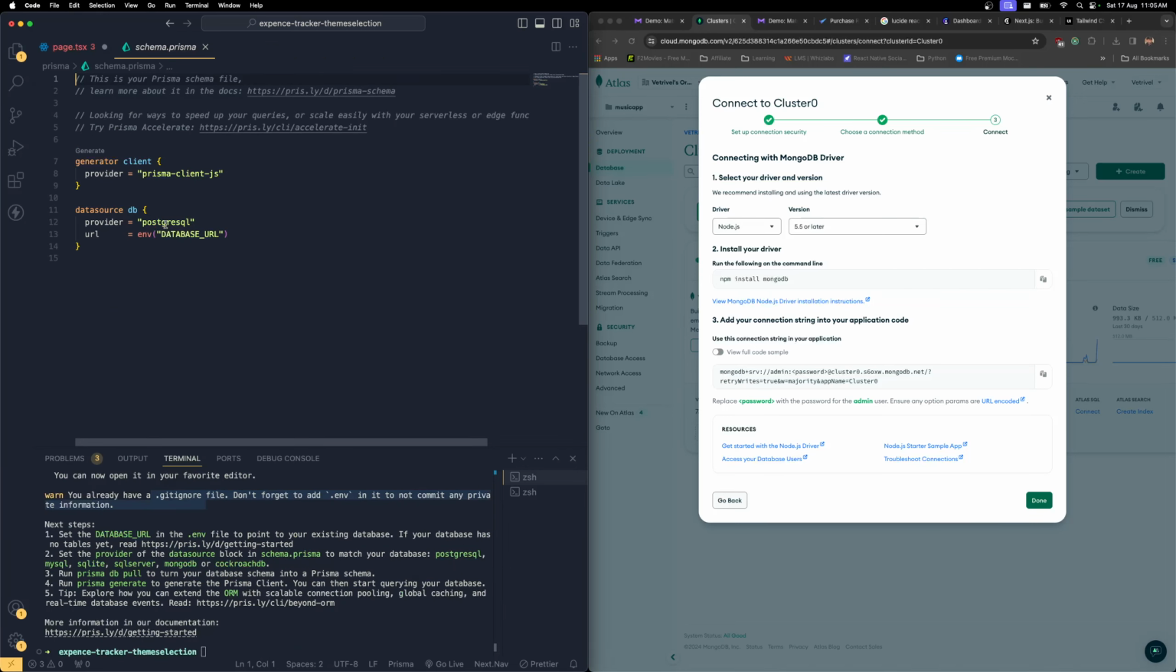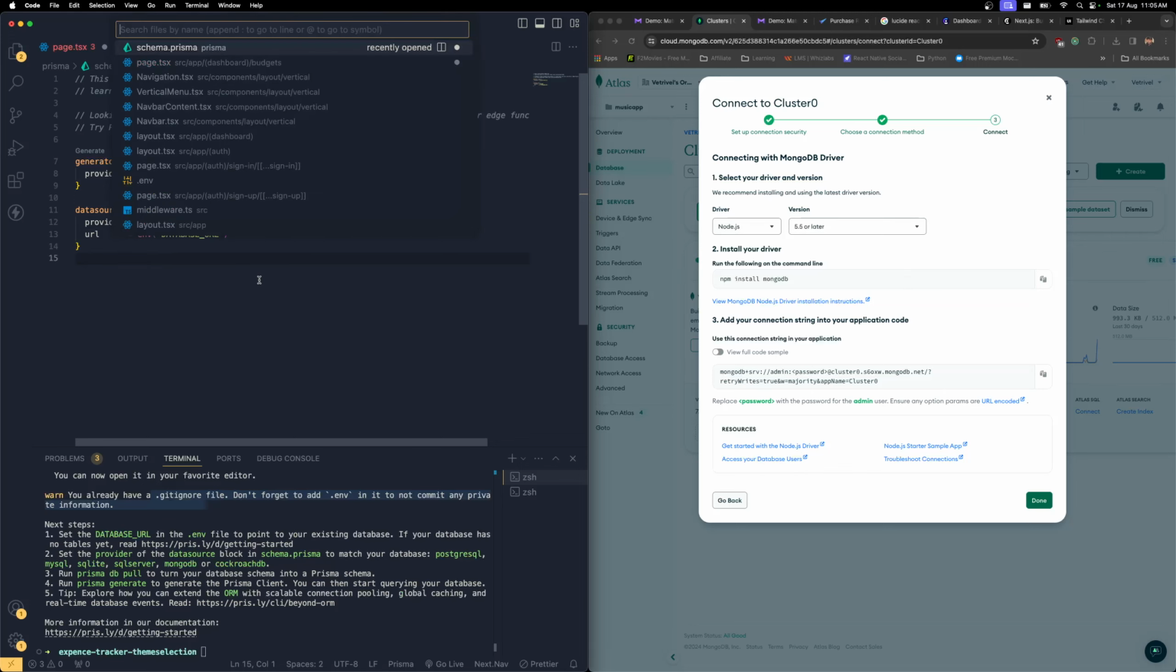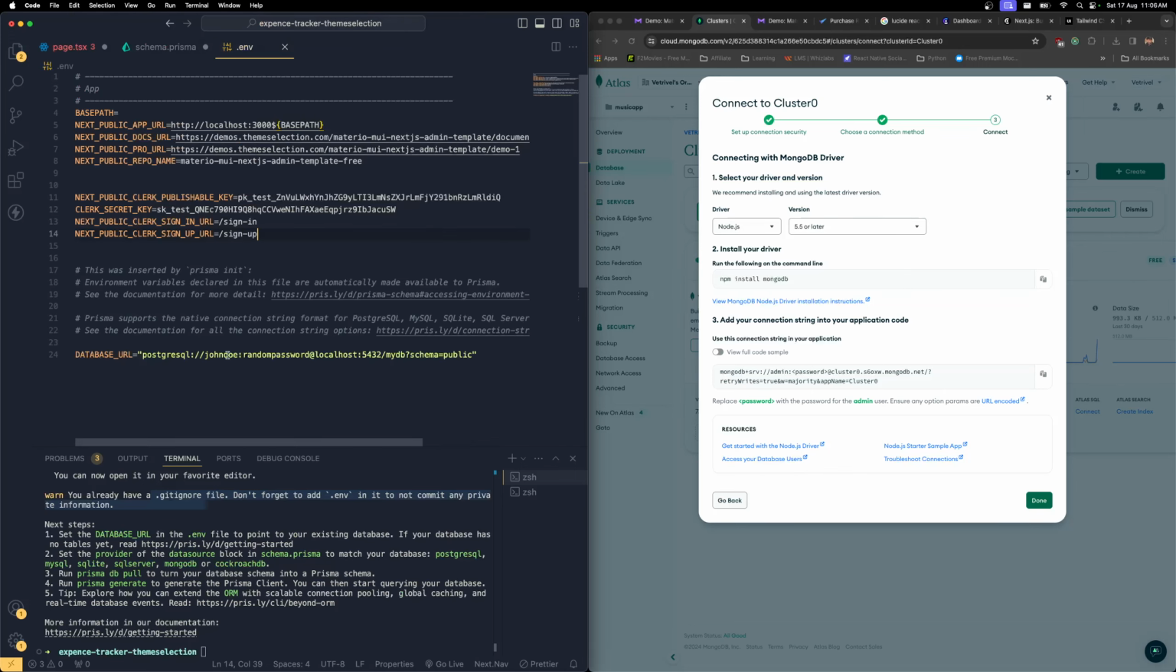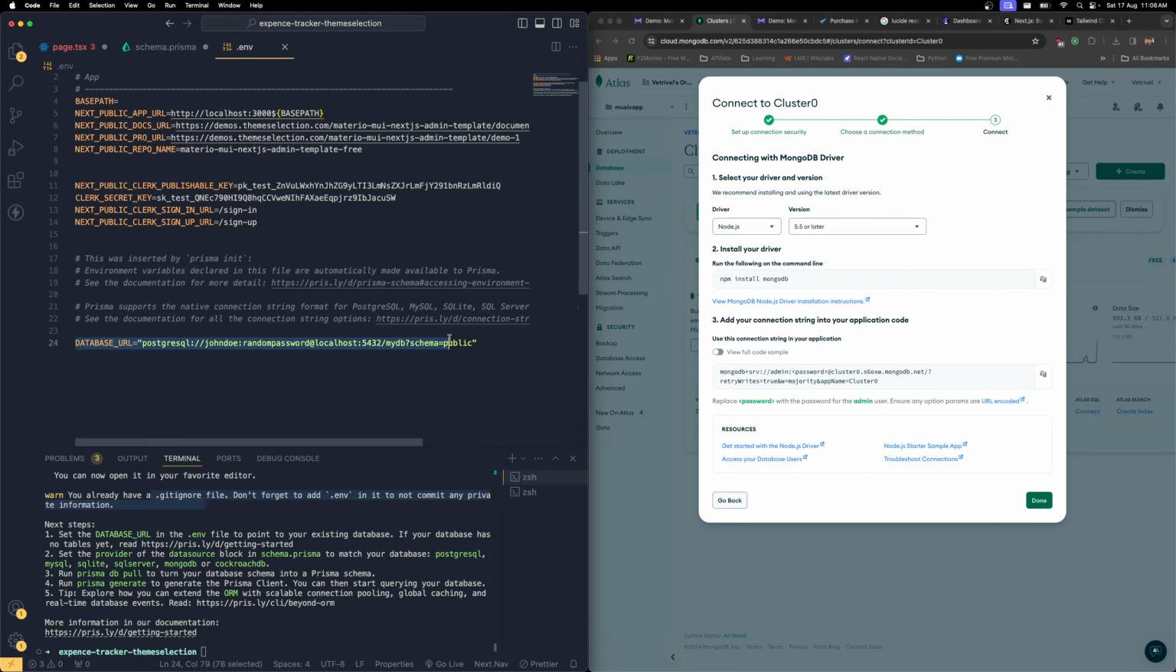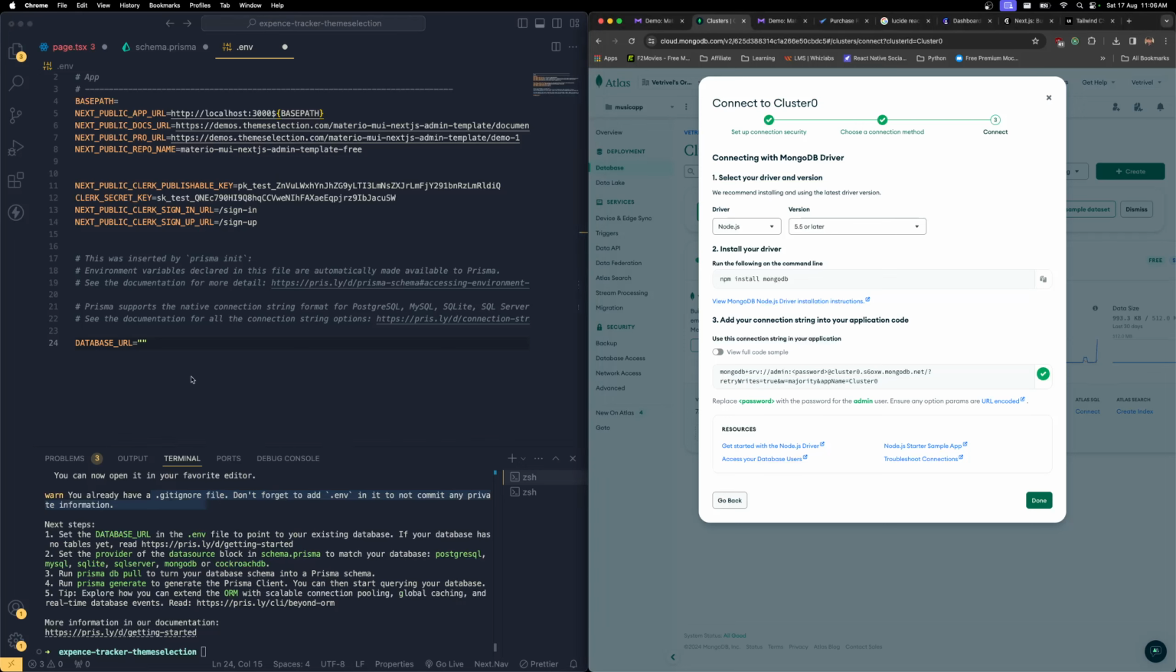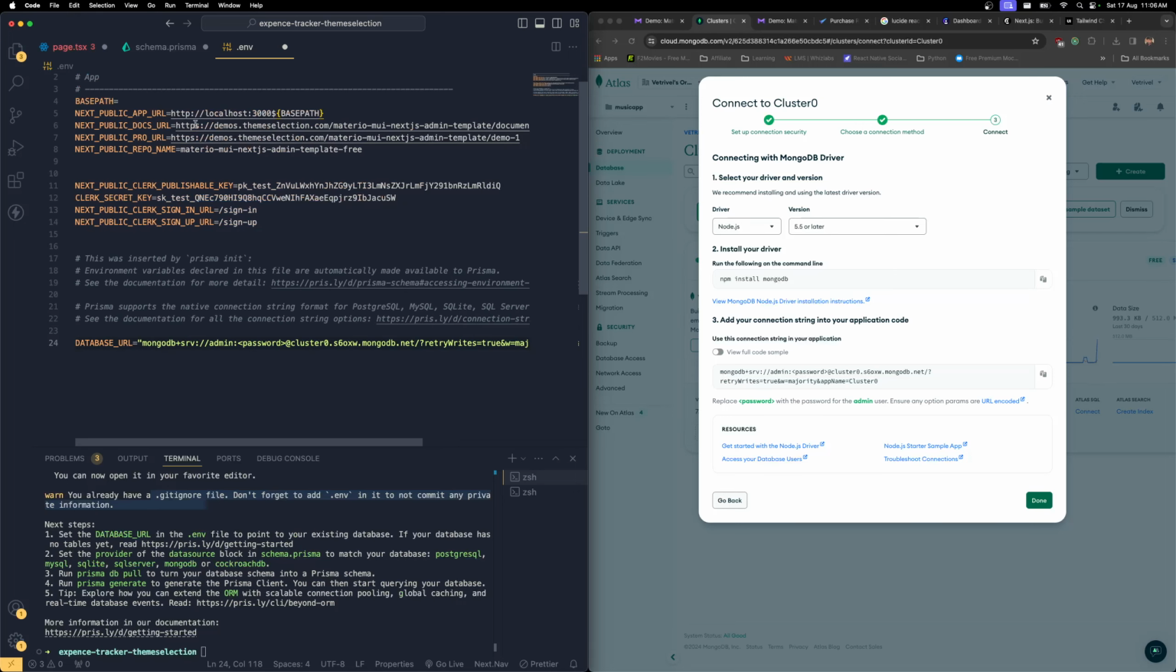Okay, currently it's using this PostgreSQL, so we need to use this MongoDB as our data store provider, and it has this database URL where inside our environment variable you can see it's using the database URL which is generated by the Prisma, right? So this URL needs to be deleted, and then this URL needs to be copied and pasted over here. So let me enable the word wrap so you can see it clearly. All right,